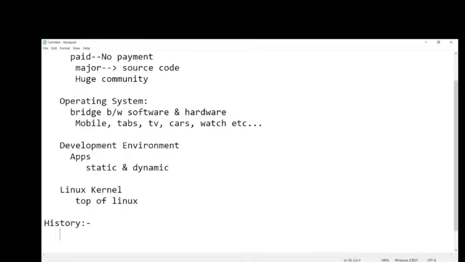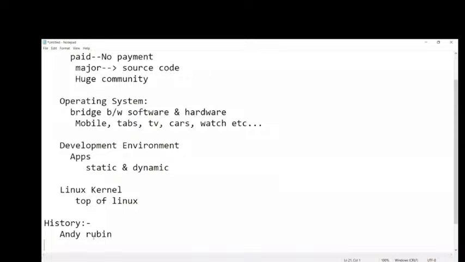Anyone know that? Nowadays, if I ask who is the owner of Android, the majority of people say Google. But the actual invention was done by Andy Rubin.